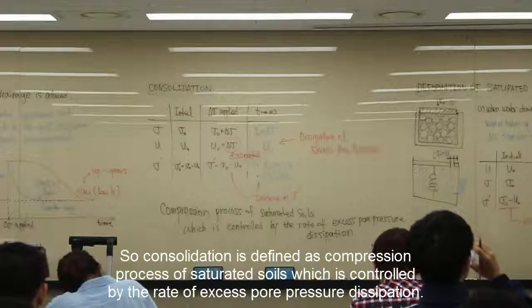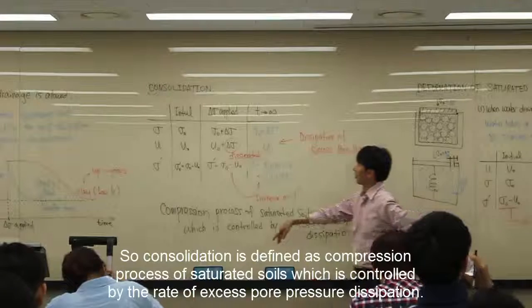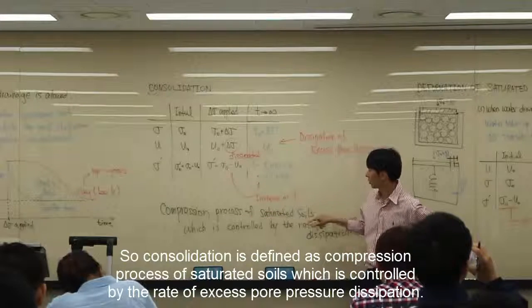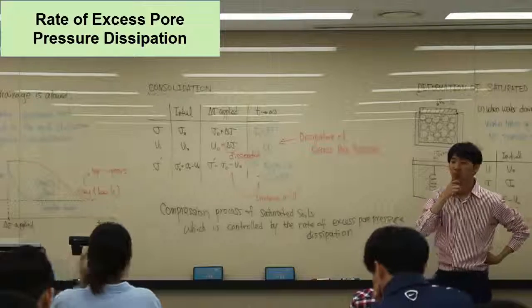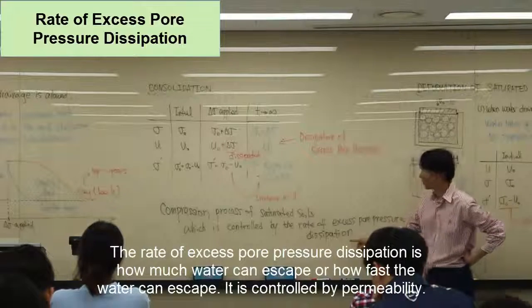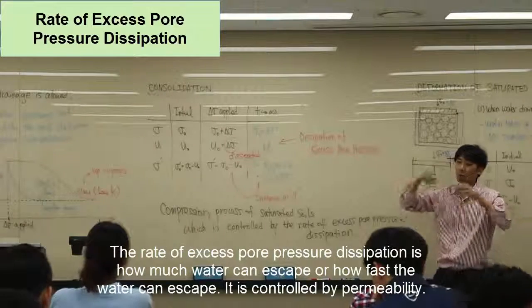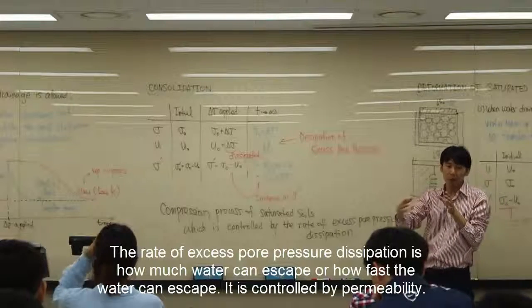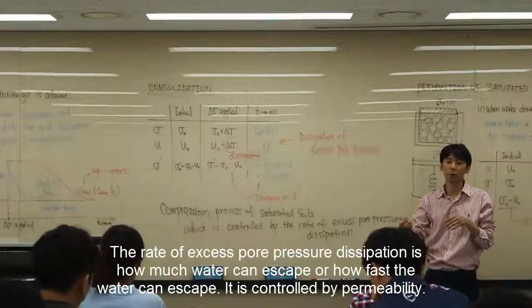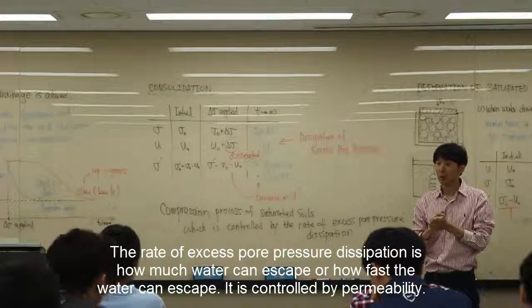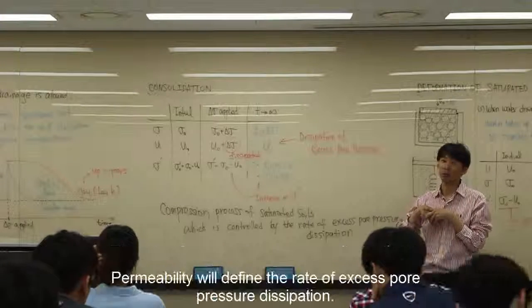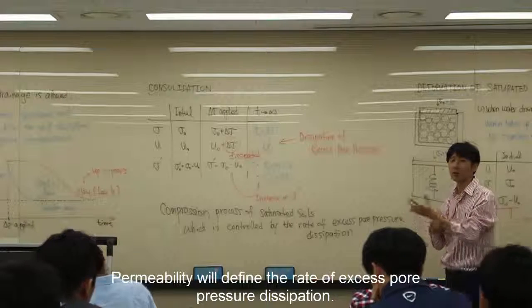So consolidation is defined as a compression process of saturated soil that is controlled by the rate of pore pressure dissipation. So the rate of pore pressure dissipation, how much water can escape or how fast water can escape, is controlled by what? K, permeability. So permeability will determine the rate of